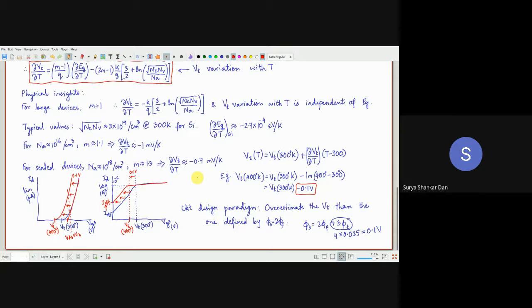Constant voltage scaling is easier, right? You keep applying 1 volt and simply reduce the size of the device as well as the circuit. But you can't do that. You have to scale the VDD as well because of constant field scaling. So in our next class, we will speak about all those. Why does VDD scale? Because our target will be to keep the electric fields constant, not the potentials.